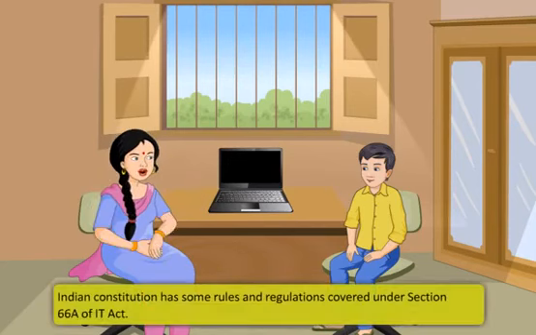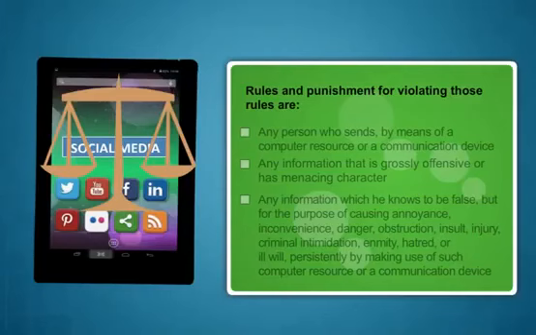Indian Constitution has some rules and regulations covered under Section 66A of IT Act. Rules and punishment for violating those rules are as follows. Any person who sends by means of a computer resource or a communication device any information that is grossly offensive